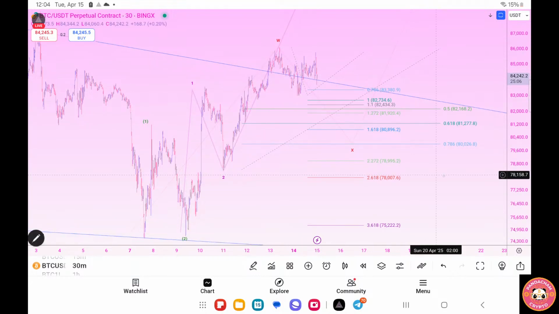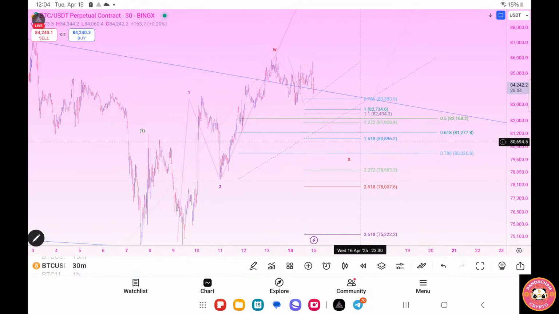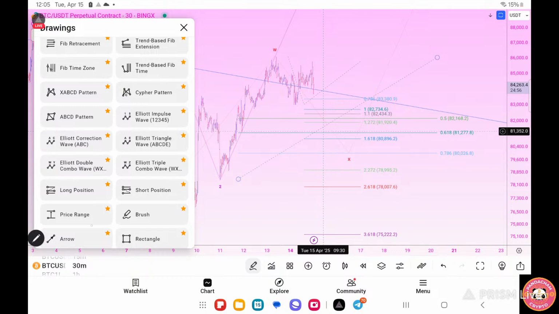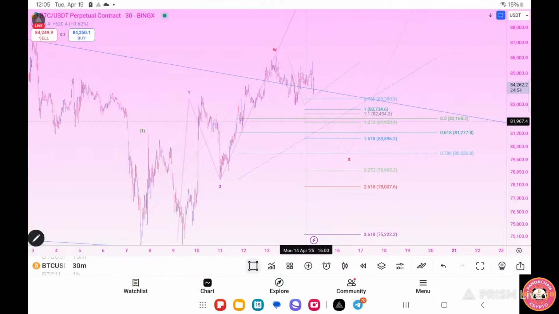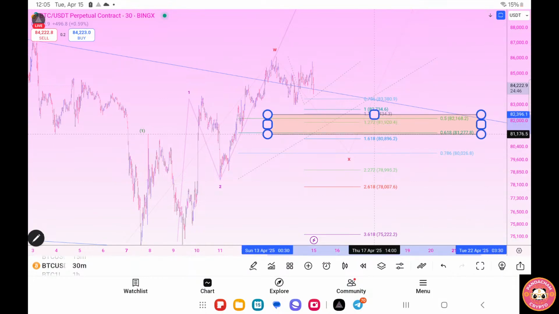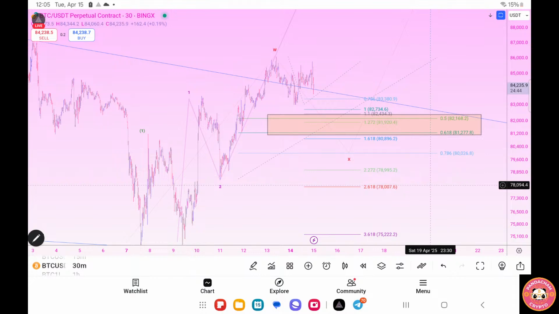Judging by the wave structure, I'm actually looking somewhere around this region. Of course, the market can come down and hit the 618, but that's a little bit risky